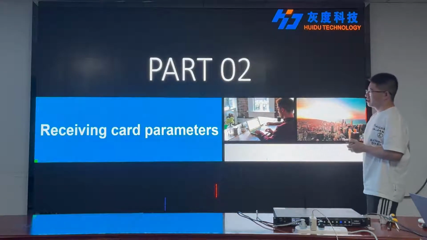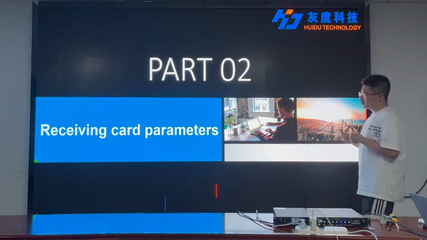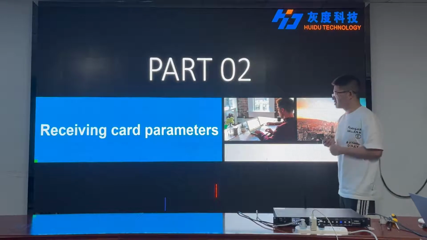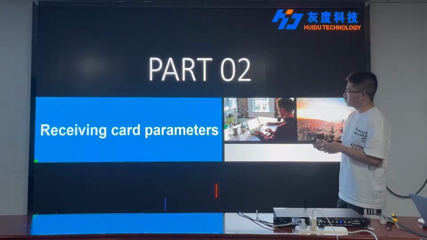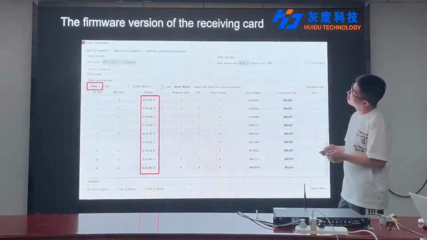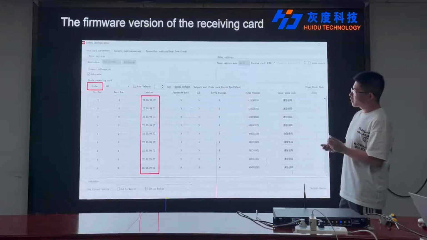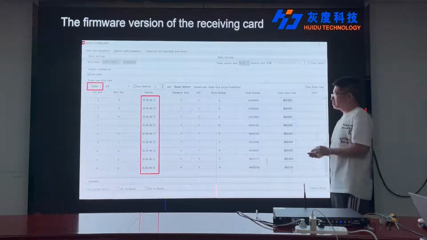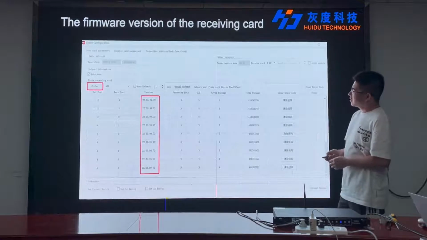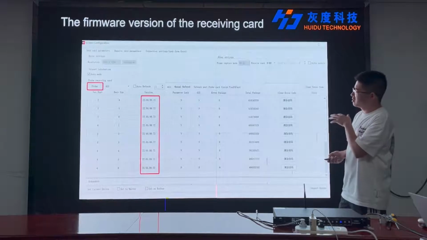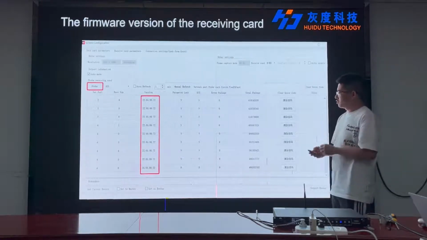And part 2. After we finish the hardware connection, now we need to do receiving card parameters. Firstly, we need to do smart setting to configure the one LED module to make the display of one LED module okay. As we talked about in advance, this P1.86 module is special because of its driver chip and decoding chip. So we need to